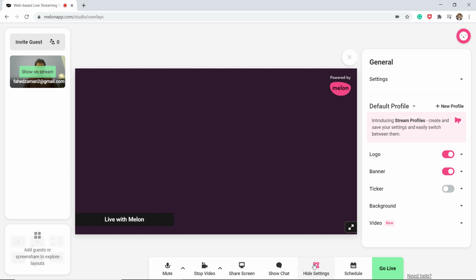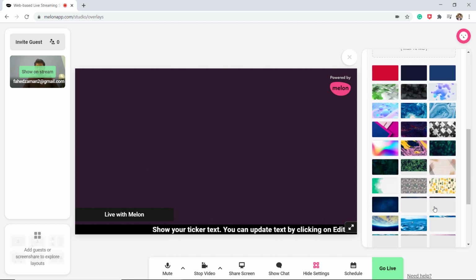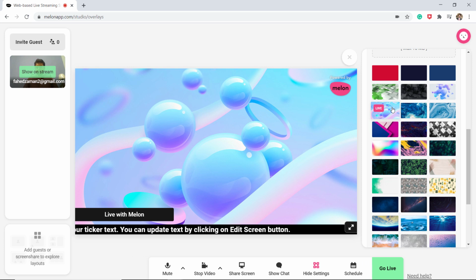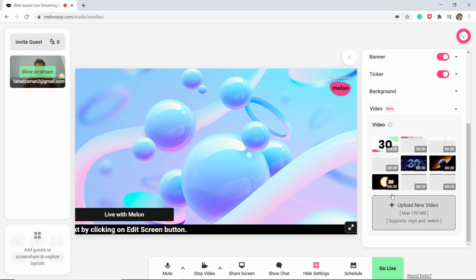Lastly, to personalize the stream, click on the edit screen. You can change the background, ticker, banner and add your own logo and more. You can always edit the screen even while the broadcast is live. You can change your background, edit your news sticker, update your title. Anything you wish to change can be dynamically updated while you are live.